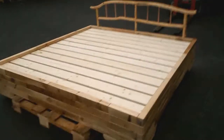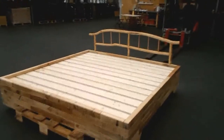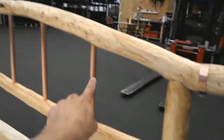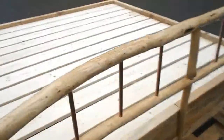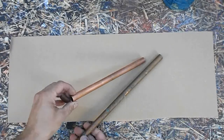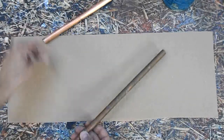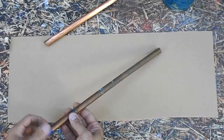Hi guys. So since I'm working on a rustic furniture project, I think it's a good opportunity to show you how I process these copper parts so that they stay shiny at least for a very long time and they don't get corroded. As most of you guys know, copper tends to corrode very quickly. So after a while it will look like this, or even worse,